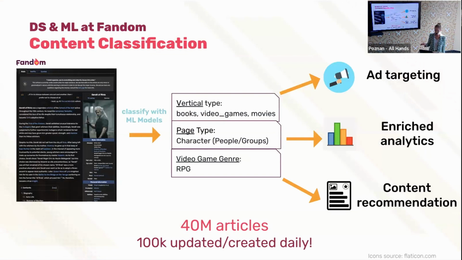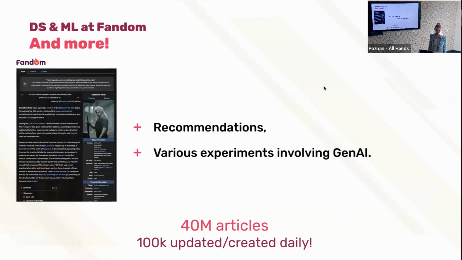So we are categorizing every article that we have, and we have 40 million articles in total, into meaningful categories. So for example, for this article about Geralt of Rivia, we would assign labels like vertical type of books, video games, and movies, a page type of character, or a video game genre RPG, which has a number of meaningful business applications, from ad targeting to enriched analytics to content recommendation. We're also doing more fun things, from recommendations through various experiments involving GenAI recently, but this is outside of the